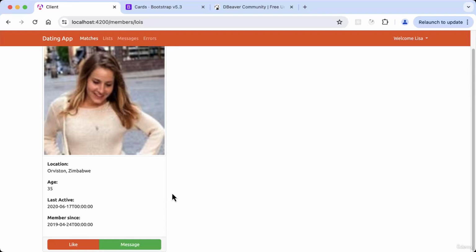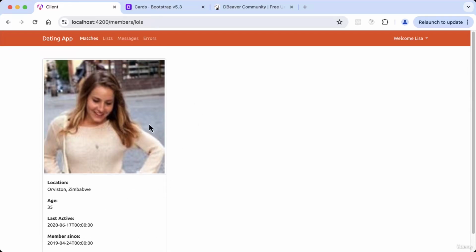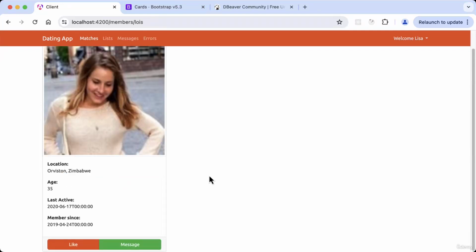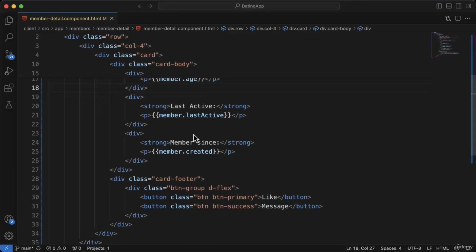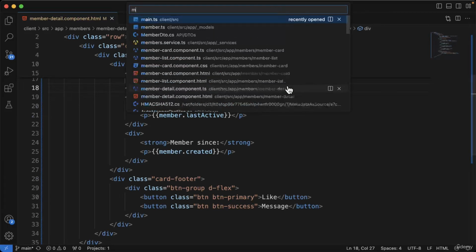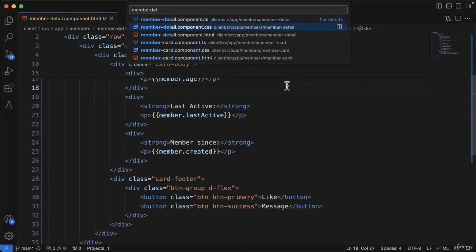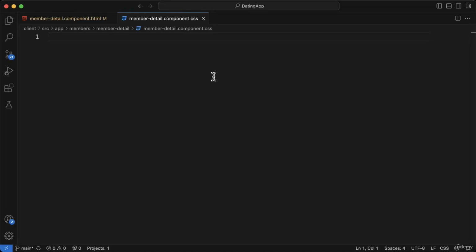Obviously, there's some things to tidy up inside here, but we'll make the image a little bit smaller and do a tiny bit of styling inside here as well, as I don't really want the border around the footer there, and I'd like the image to be not quite all the way up to the edge of the card. So we'll just go back and adjust the CSS inside the member detail component. So let's just open up the member detail component CSS, and we'll target the image-thumbnail,